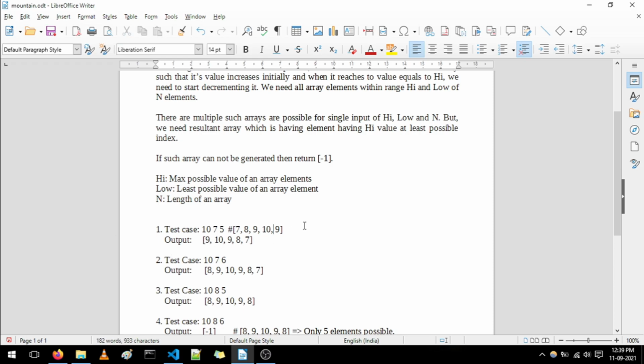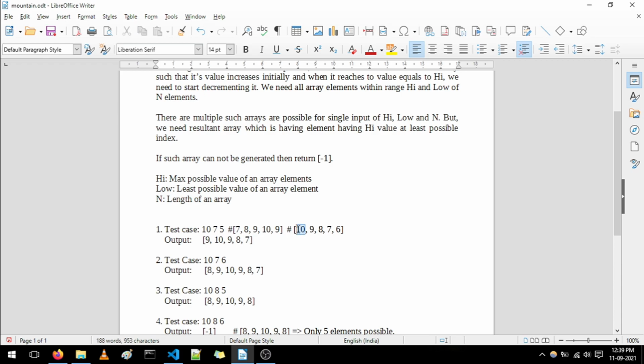Now let's take another case. So 10, then 9, then 8, then 7, and suppose that the least possible value allowed is 6 also, so we added 6 here. Now one thing we can see here is we are getting 10 at the least possible index, which is 0.